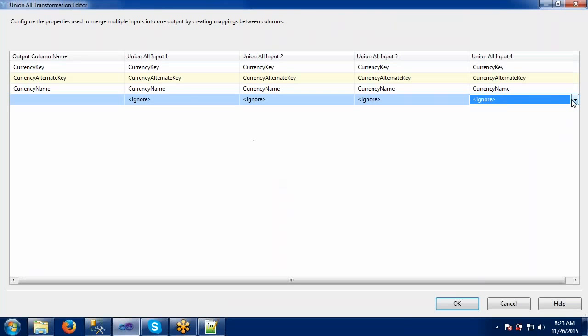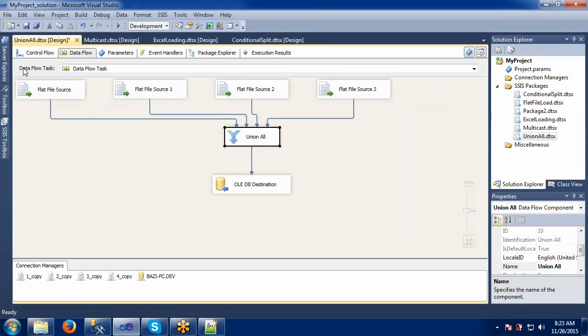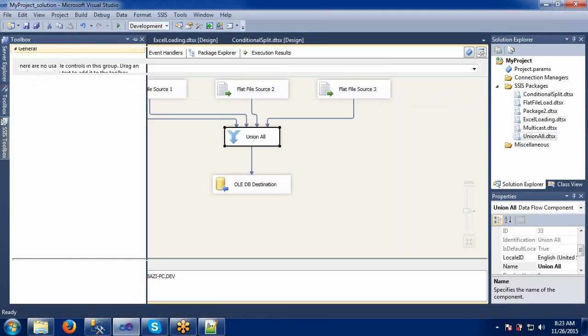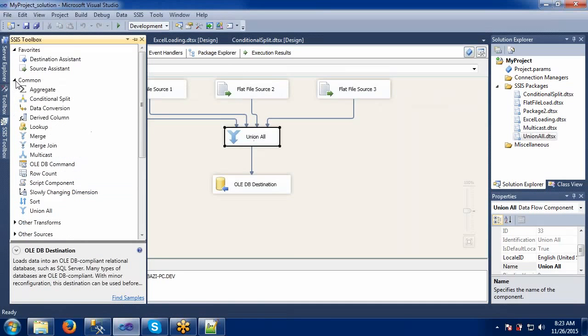If we place union in place of union all, what would the output be? Yeah, we can see that also. What things should be done for union and union all, we'll see in the next session. We have one other transformation called merge, in which we can do the same concept, but we have some differences between union all and merge here.